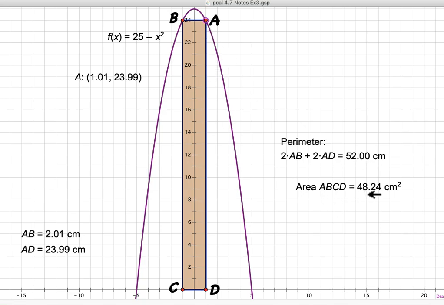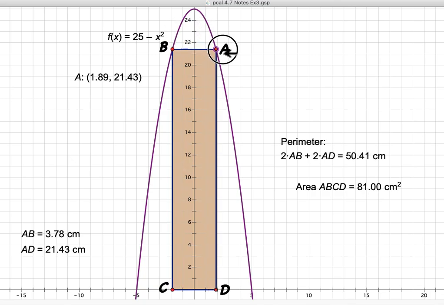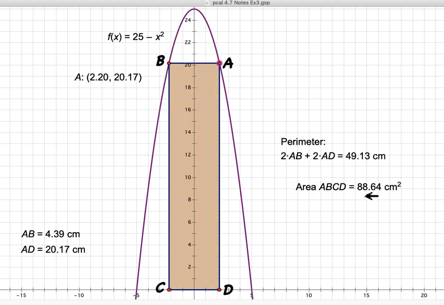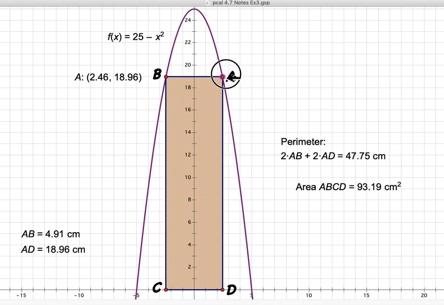Now, the maximum area occurs at a different value. The maximum area, we want the most area we can get in this rectangle. When it's tall and skinny like that, it has a very large perimeter. The perimeter is pretty long on each one of these sides, but the area is not so much, about 48. Let's move point A further away from where the x-coordinate is 1. And as you can see, that area is getting larger and larger until we get to about 90,